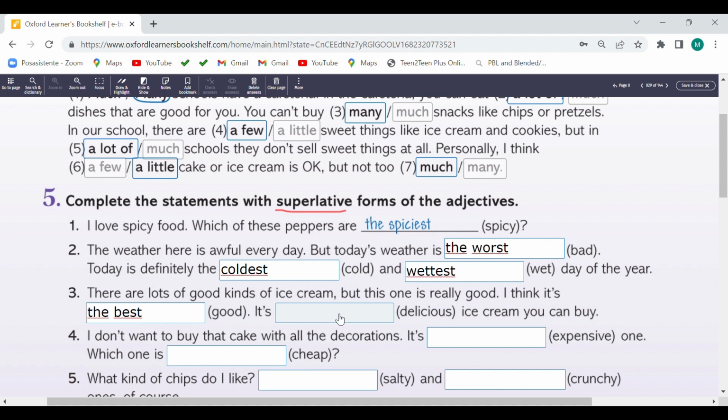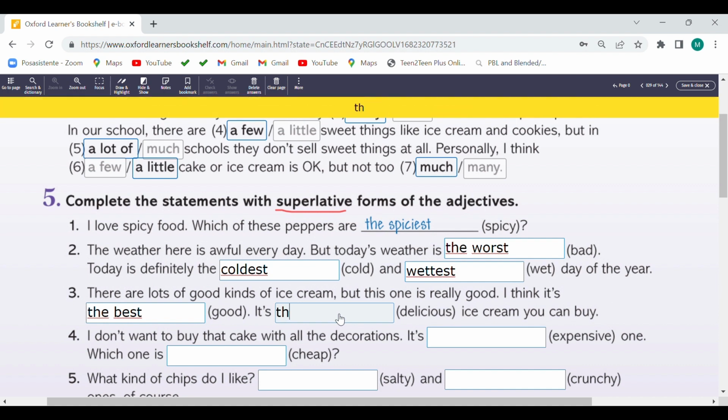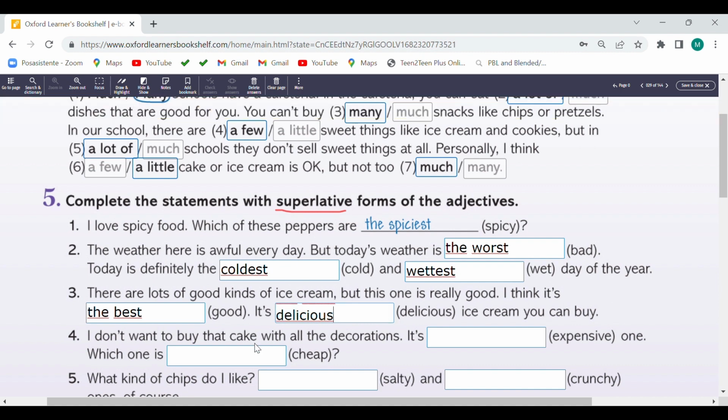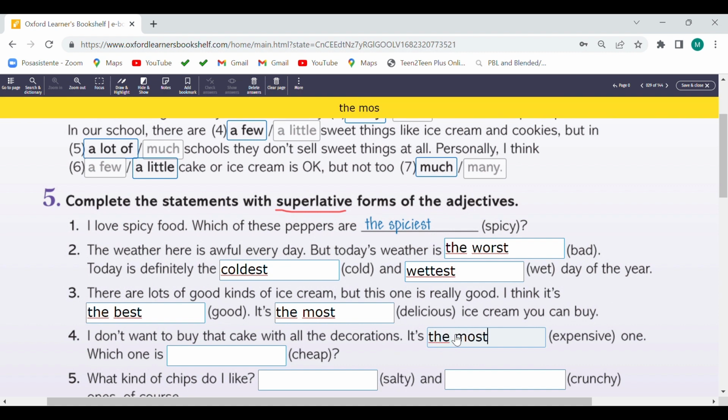It's the most... la parte de arriba sale, ¿verdad? Most delicious. The most delicious. Eso nos faltaría, delicious. It's the most expensive. La parte de arriba sale completa también, ¿verdad?